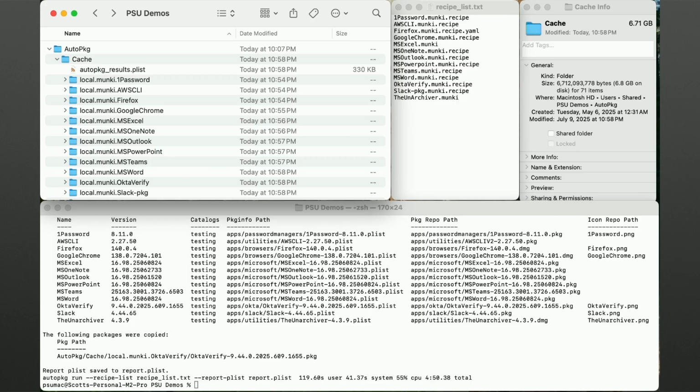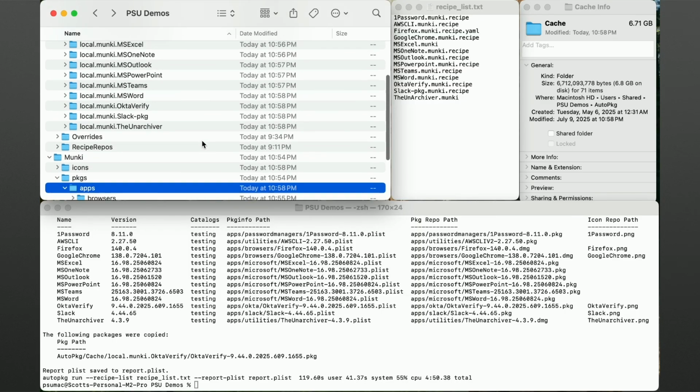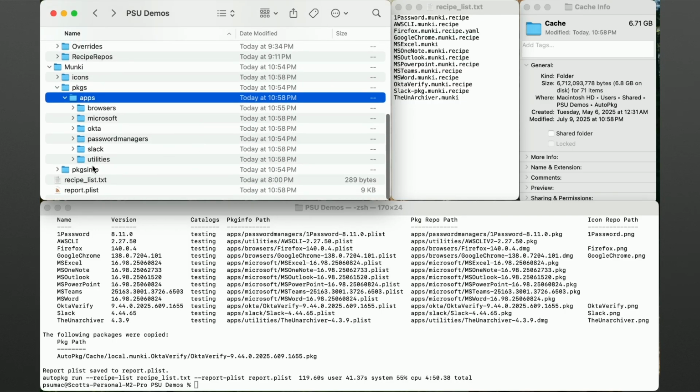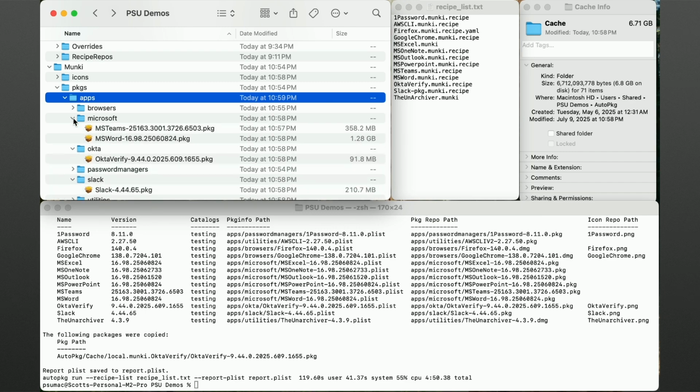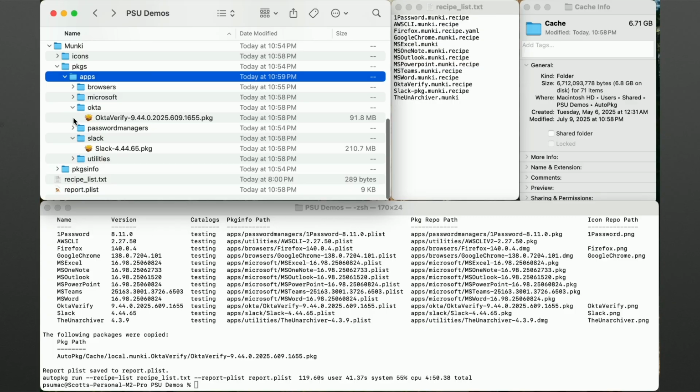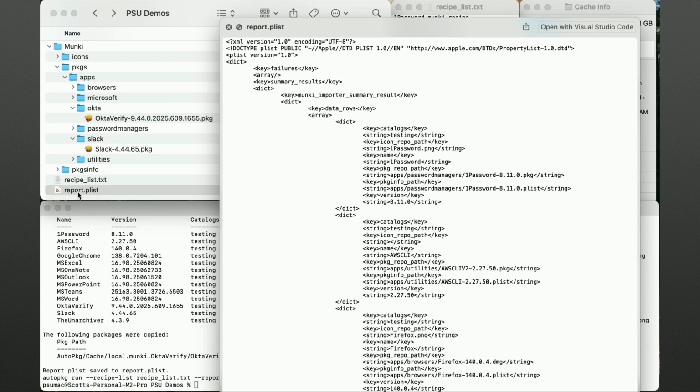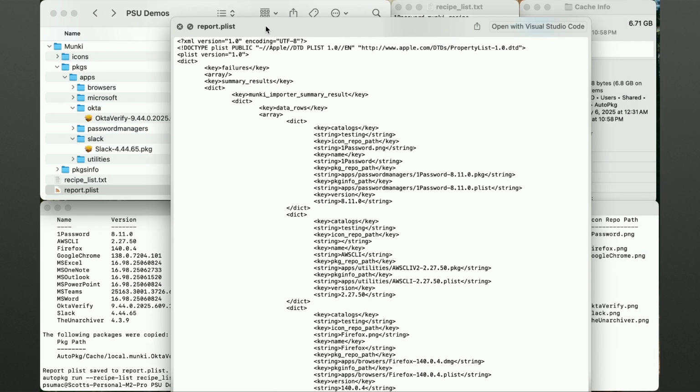So let's take a look at the output a little bit. If we scroll down, we can see the installers were all stored in Munki, as expected. And if we go down a little bit more, we can see the report.plist, because I ran it with that command.